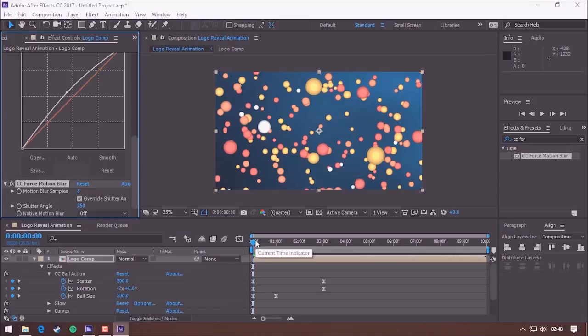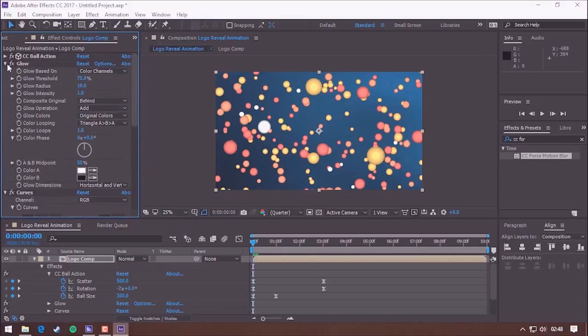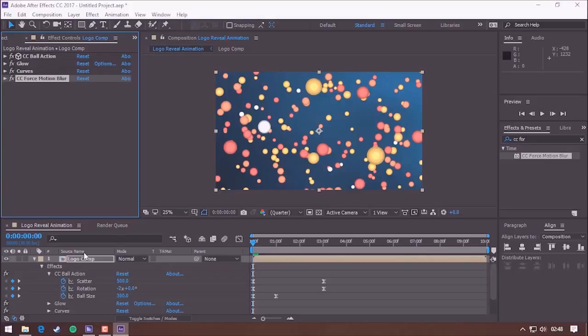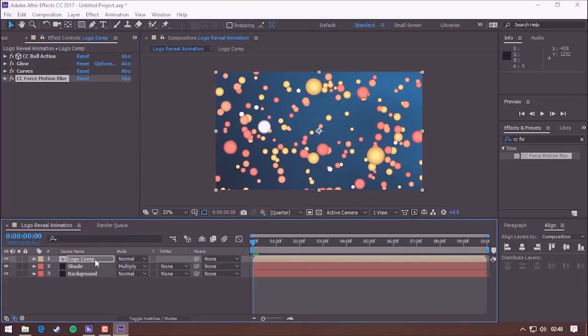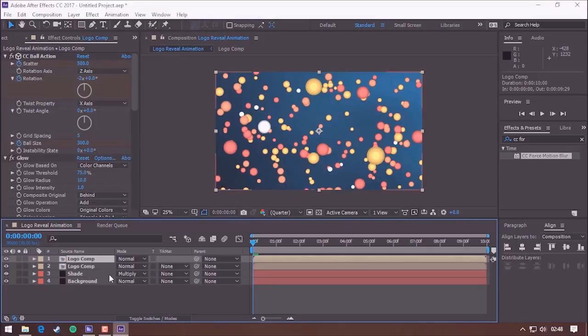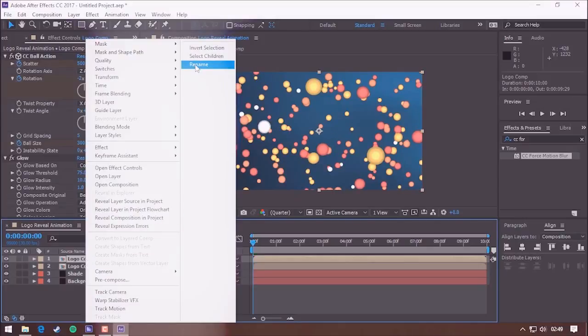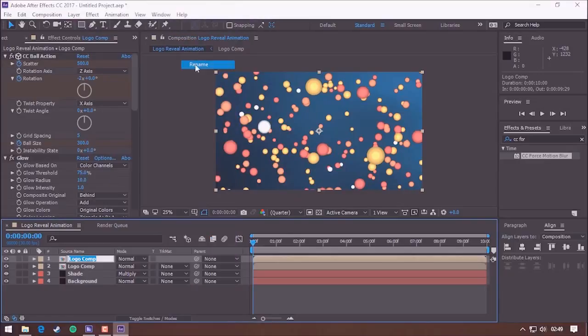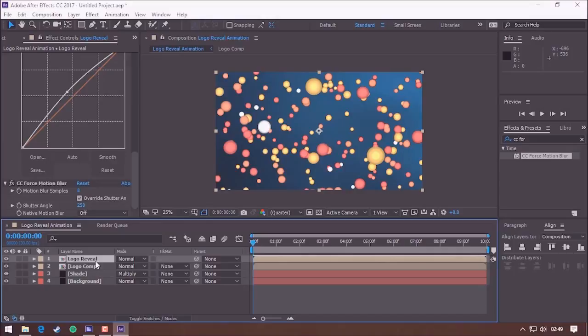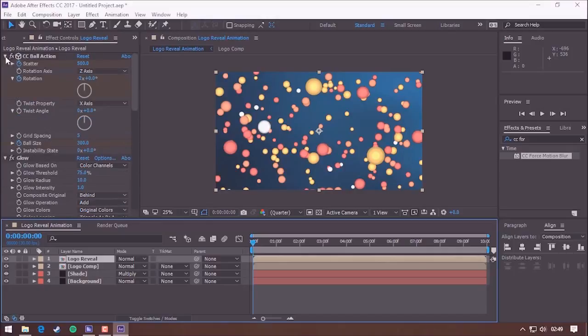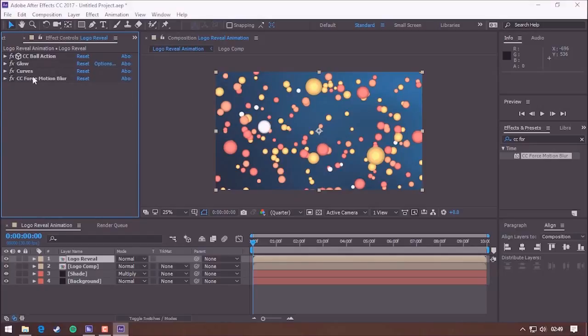Well, and then minimize these effects and this layer, and then duplicate it. Duplicate the logo comp by pressing Ctrl D on the keyboard, and then change the name to logo reveal, and then delete the effects from the logo reveal layer. Delete all of this